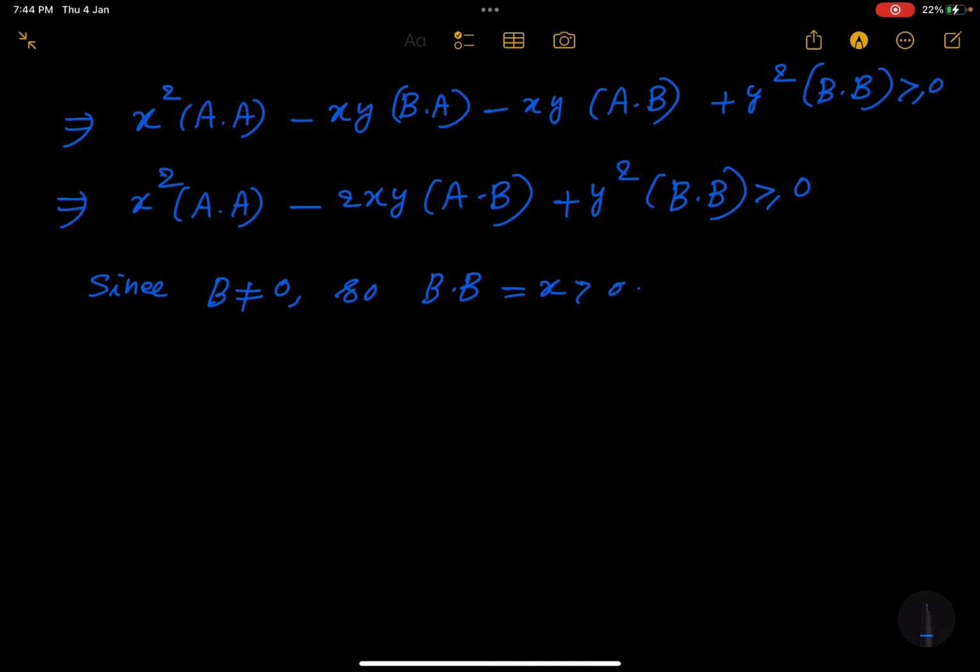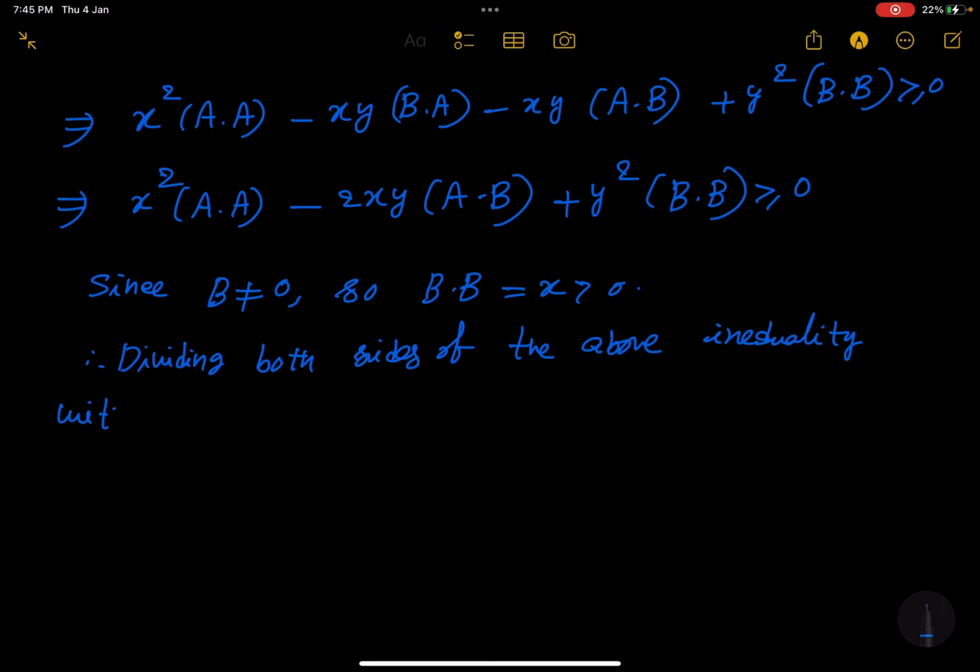So you can divide by x. Dividing both sides of the above inequality by x, we get